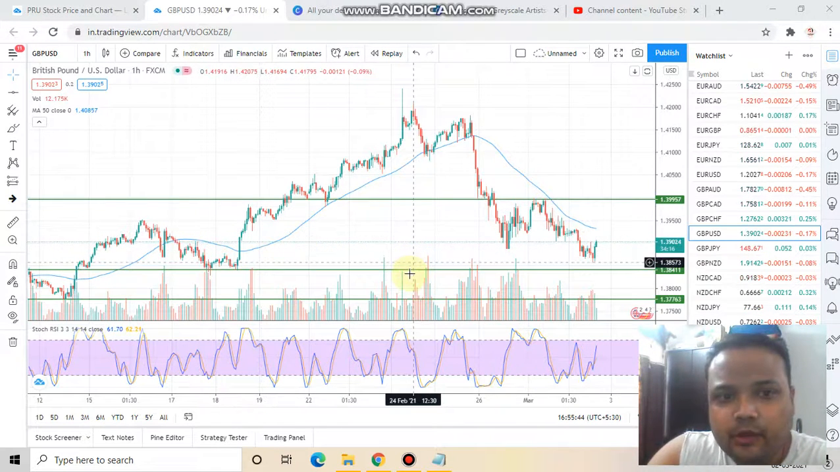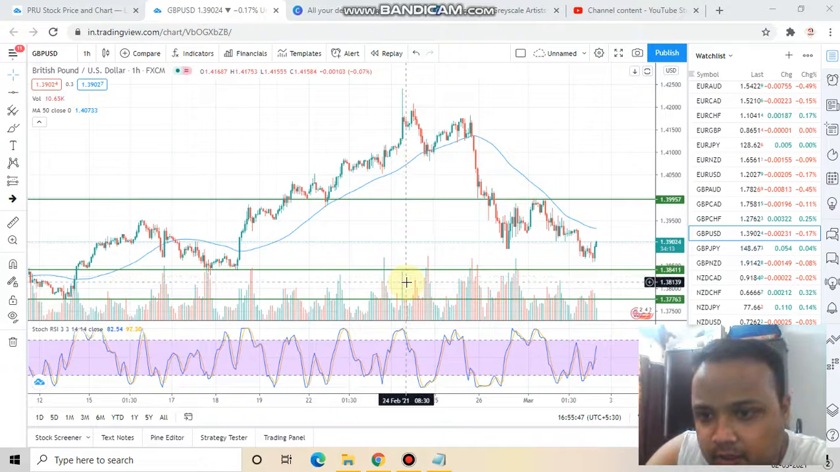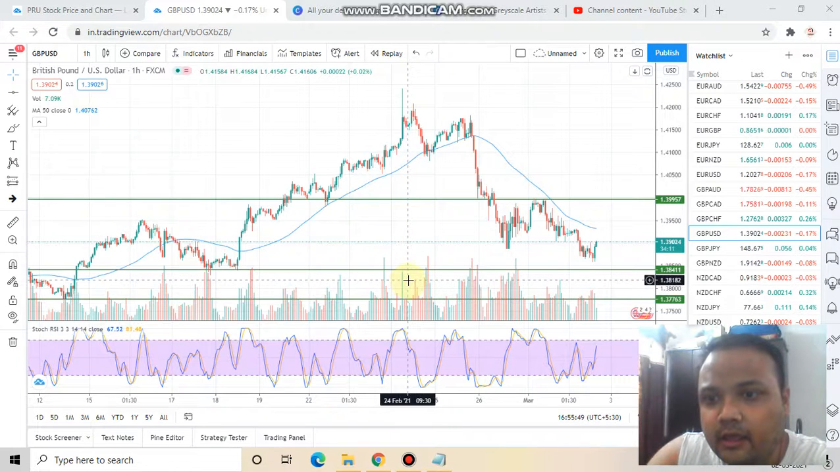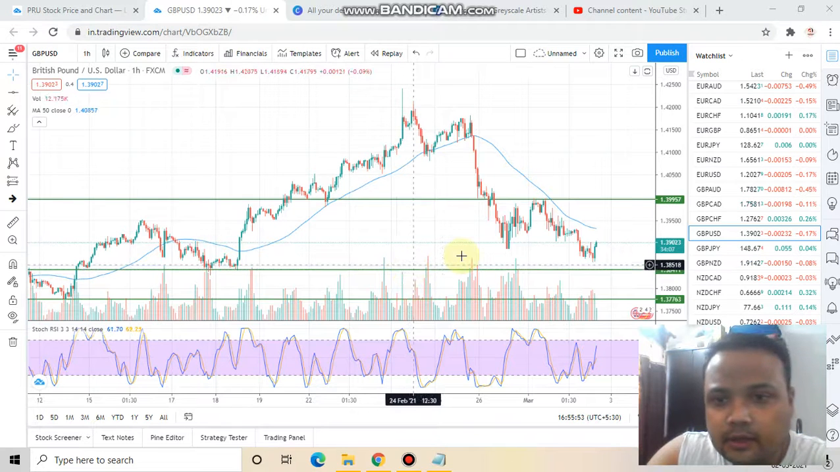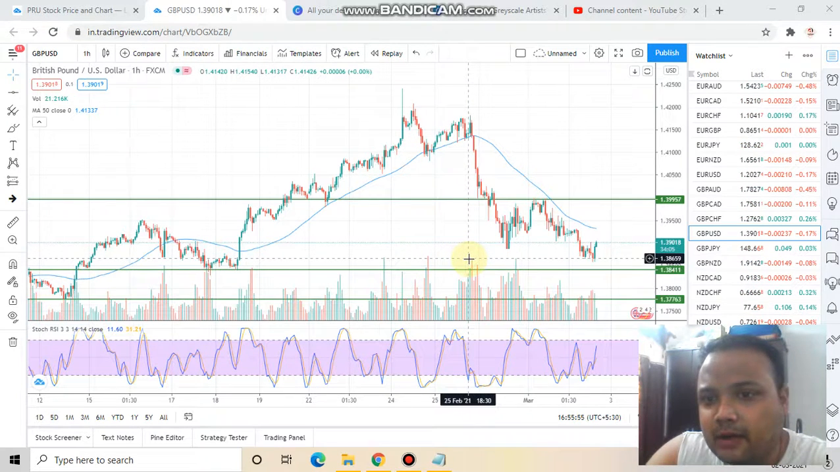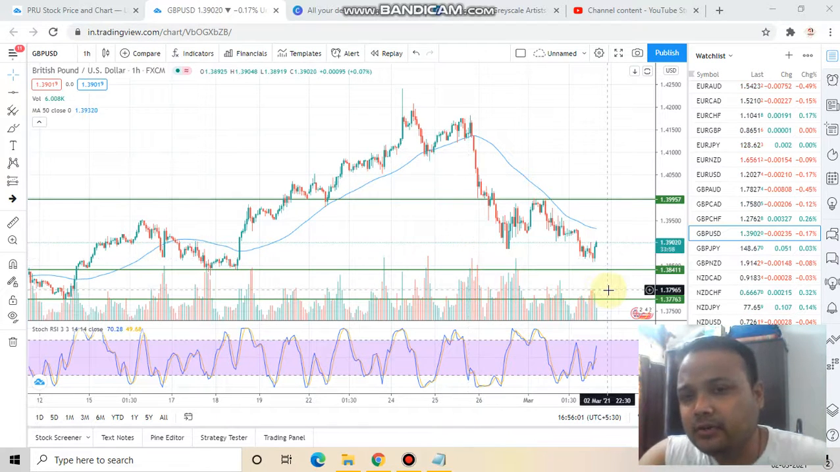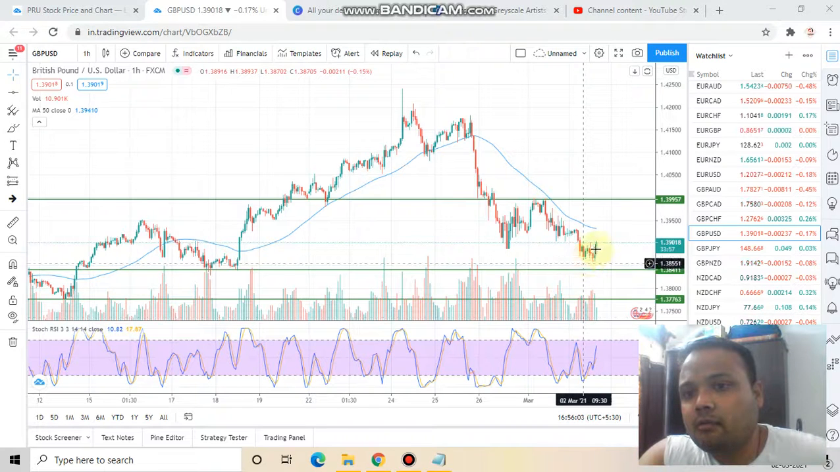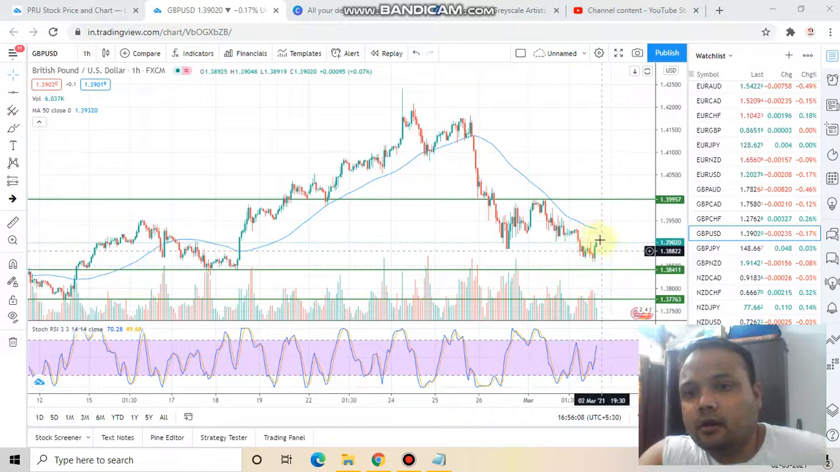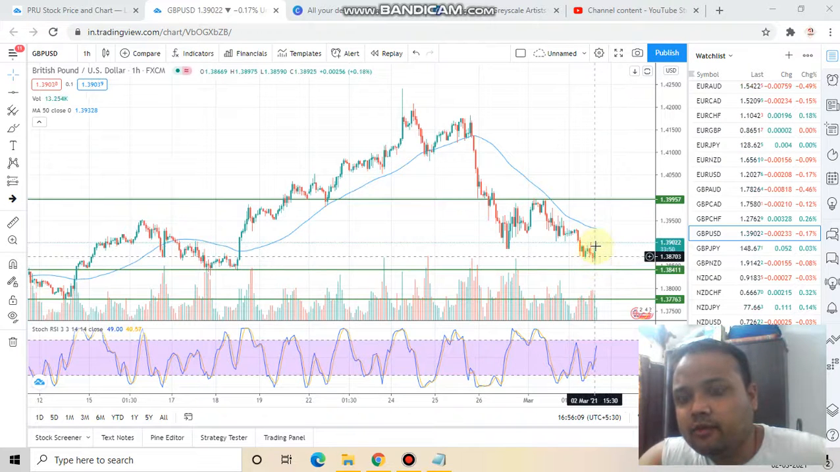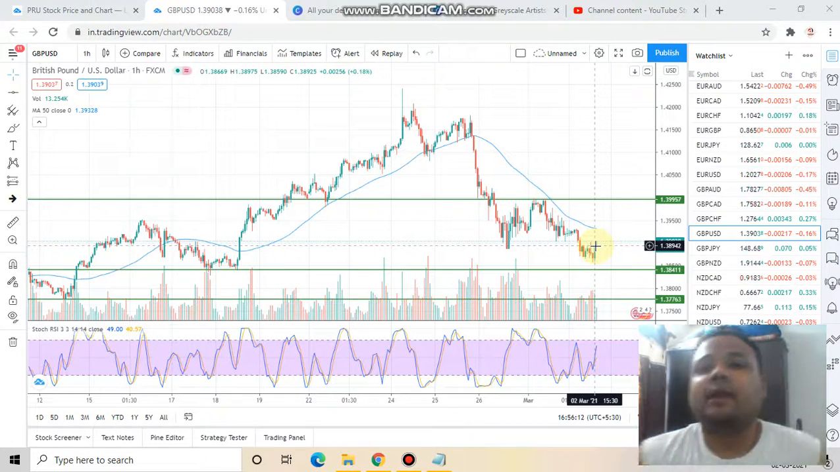So there is a support available at 1.3841, this level there is a support. And right now market is almost above the support. So you just need to check, or you would need to wait for market to test this support. Or in case market goes up from here, there is a chance that market will hit the